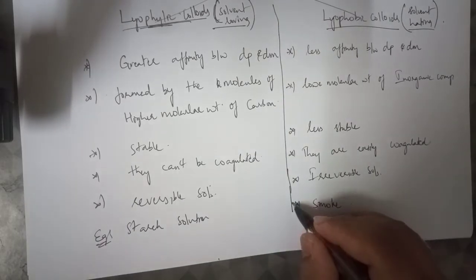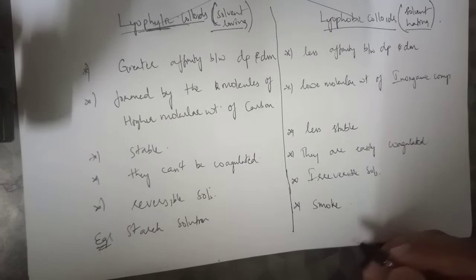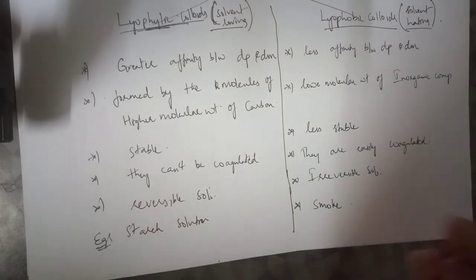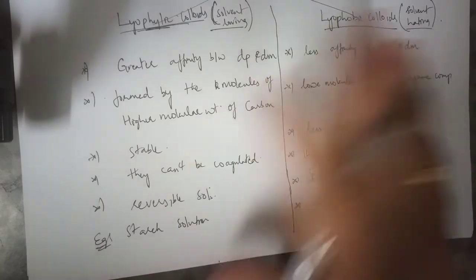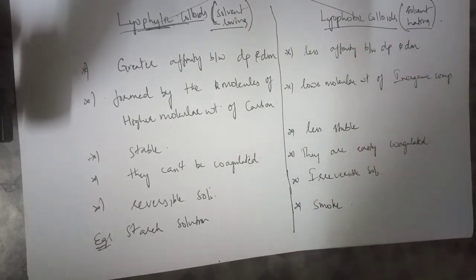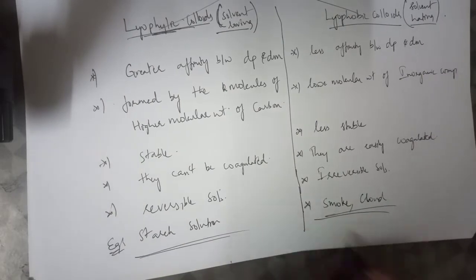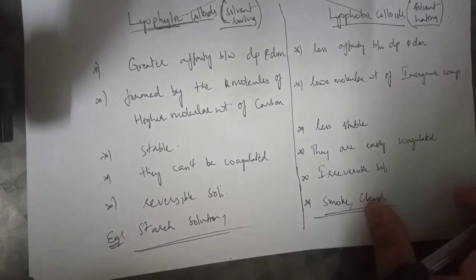Or you can also use cloud formation. What is exactly happening in cloud formation? The dispersed phase is water droplets. The water droplets are dispersed in the air. Cloud is nothing but water droplets dispersed in the air. So I can also write cloud. Fine, so these are the examples; protein solution and all these things you can write. So that's all about dispersed phase and dispersion medium and the differences based upon them. And the last one is